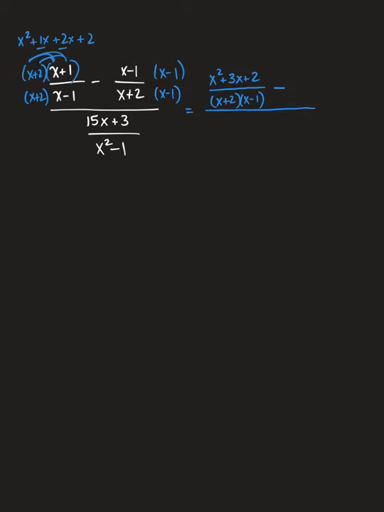Now I'll come back over here, and I'll put this in parentheses, and I'll expand that. X squared, take away x, take away another x, plus 1. So that's going to be x squared minus 2x plus 1 all over the common denominator of x plus 2,